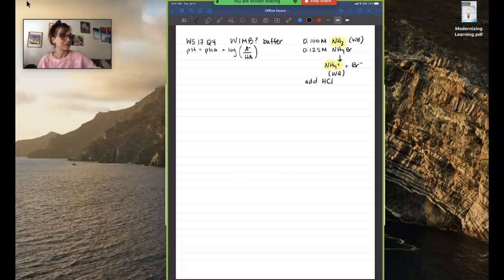HCl is a strong acid, right? And when we put HCl in solution, it dissolves into protons and then the chloride anion. Once again, these chloride anions are just going to be spectators,